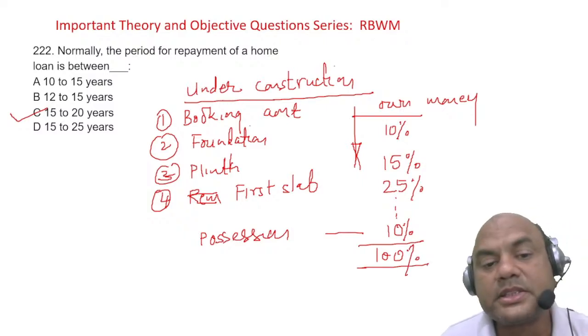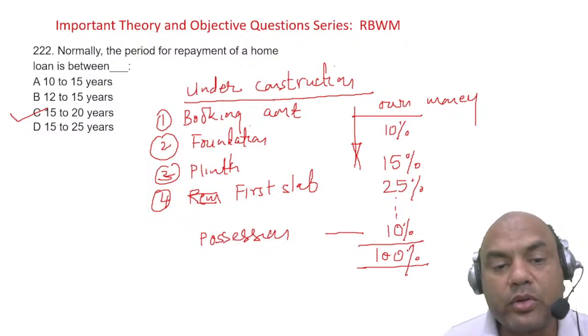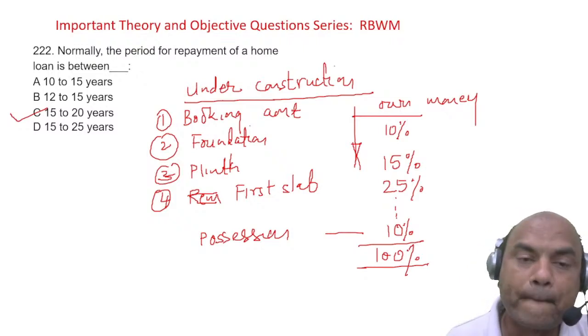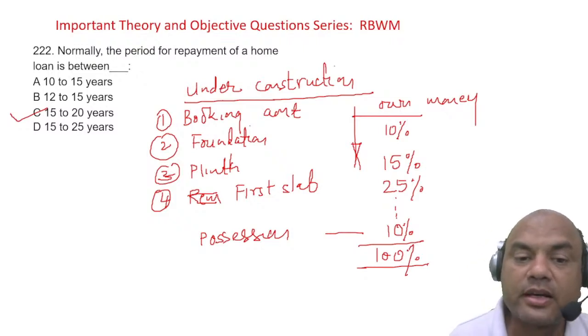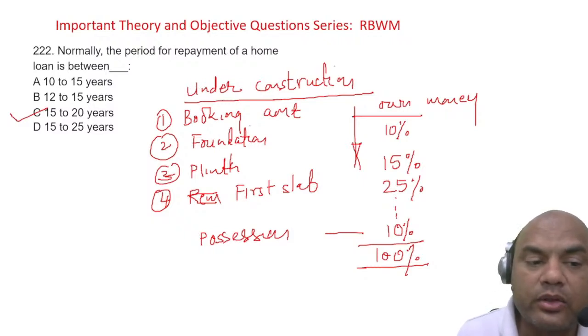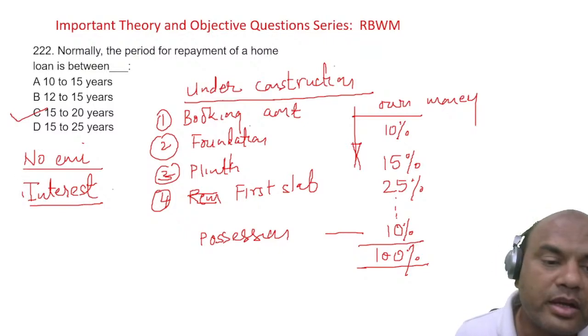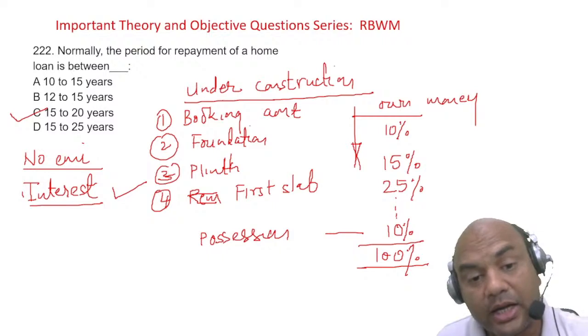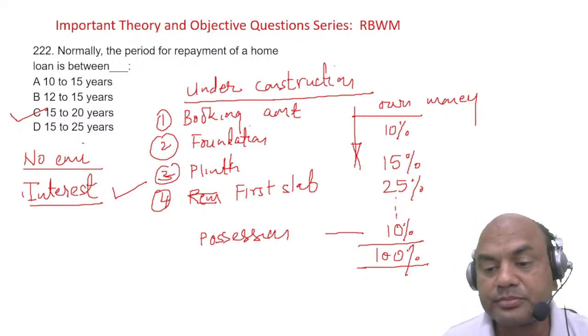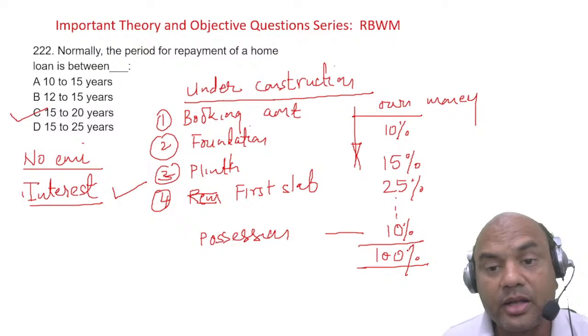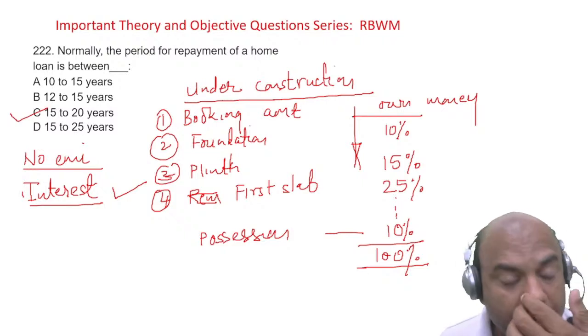Okay, this is the meaning of the moratorium. Moratorium means you go on paying in installments, and during this phase, the customer does not pay EMI, no EMI. The customer only pays interest. So that is called pre-EMI. The customer only pays interest and no EMI, only interest. So that is the meaning of the term moratorium. This is very important from the JAIIB point of view for housing loans.